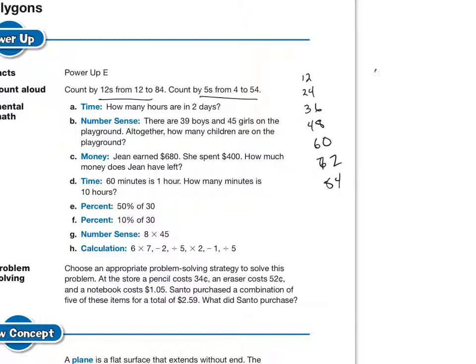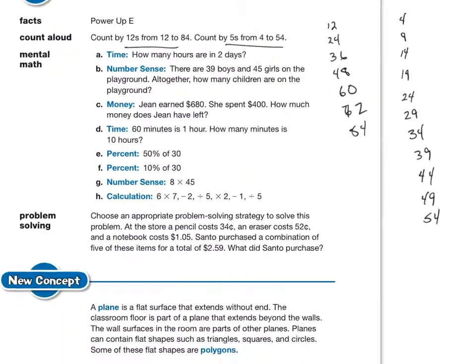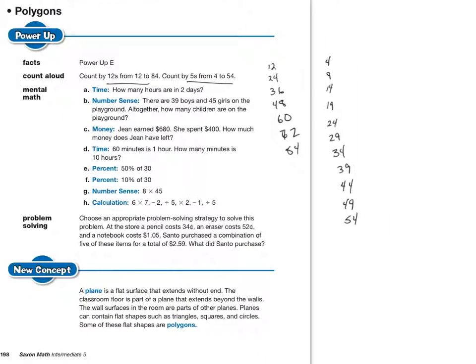You're going to see it. So we start at 4. Then we add 5, which is 9. And then we add 5, which is 14. Notice we have 4. And then it's 19, and then it's 24, and then it's 29, and the next one is 34, and the next one's 39, and then it's 44, and then it's 49, and our last number, 54. So notice that pattern. We have 4, 9, 4, 9, 4, 9 for 5s, and